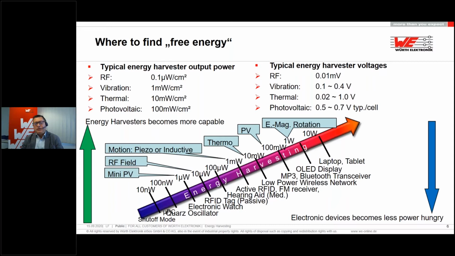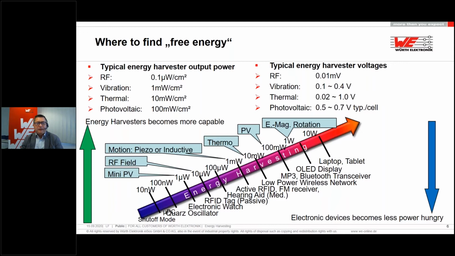By vibration, you can harvest up to 1 milliwatt per square centimeter. It's quite good. You have a quite good voltage. With thermal harvesting, with thermoelectric, you can achieve 10 milliwatts per square centimeter. Thermoelectric is not Peltier, it is called the Seebeck effect. It looks very similar to this Peltier element, but